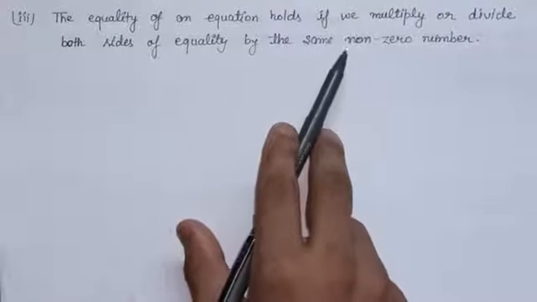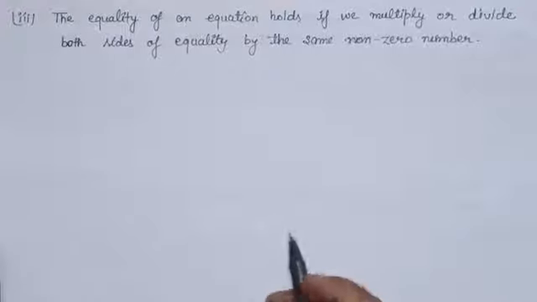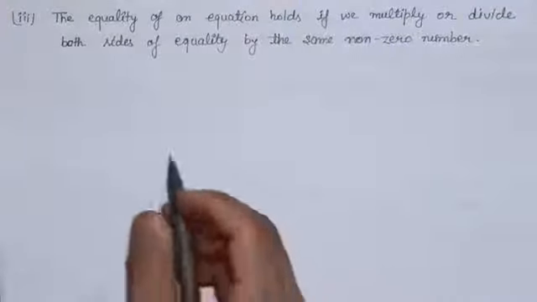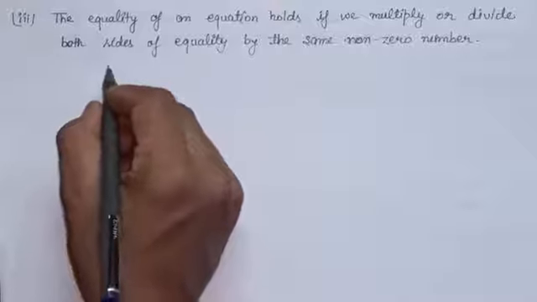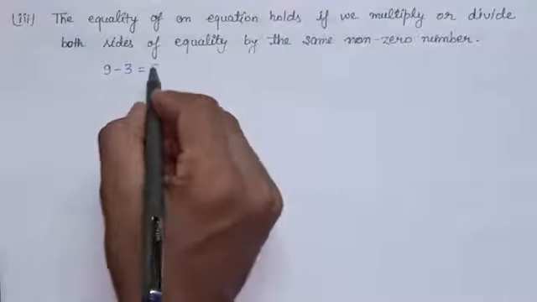Next, the equality of an equation holds if we multiply or divide both sides of the equality by the same non-zero number. So let us try to understand this concept with the help of the same example that we have taken. We have the equation 9 minus 3 is equal to 5 plus